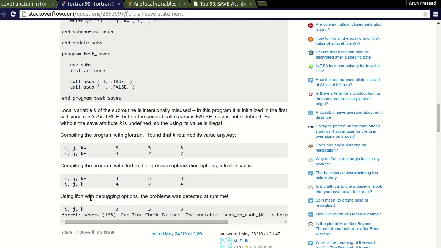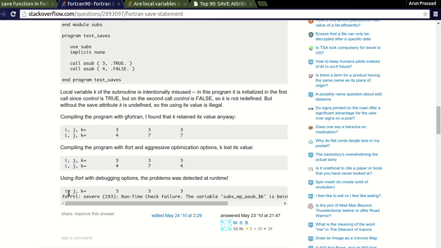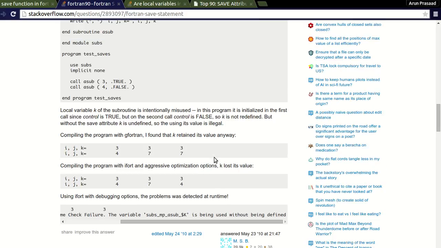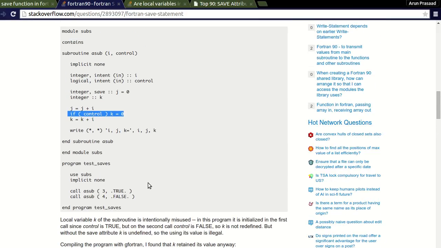But when the ifort compiler is used with debugging options, not the manual debugging options that we saw here, but the debugging options available with the compiler itself, at runtime the ijk value gets printed nicely during the first call, but when the second call happens, it shows a warning something like forrtl severe 193 runtime check failure. The variable subs_mp_asub_$k something, meaning if you look at it, this subs mp is nothing but, let's see,